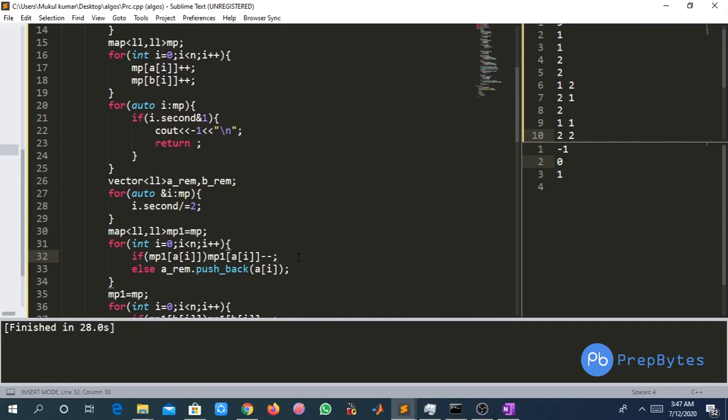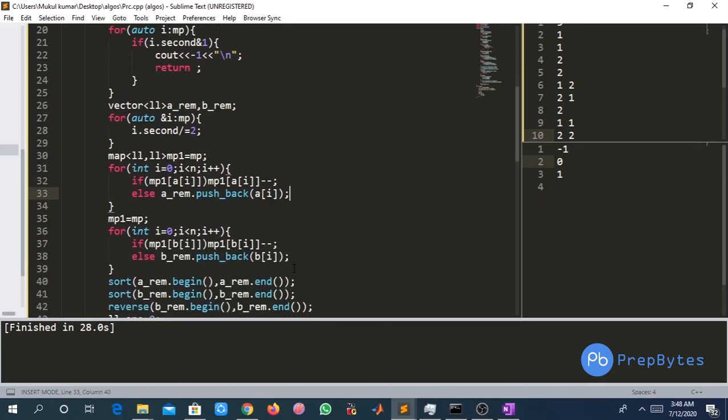So we will see if the frequency of any element is present in map 1, it means that it should be present in array A, right? But if it is not present in the map, it means that it should not be present in array A, that is, it should be present in array B, right?